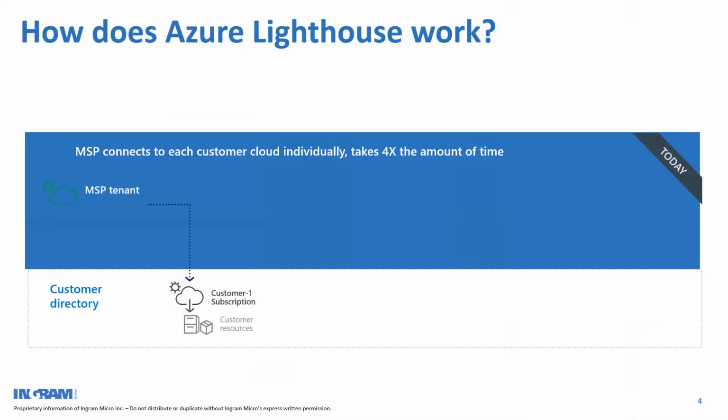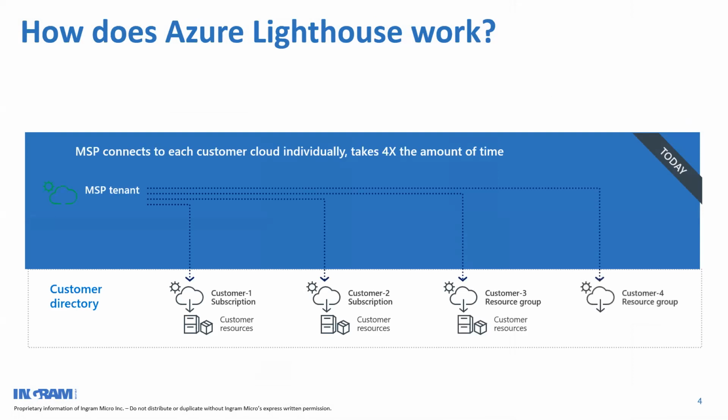So before Azure Lighthouse, how would it work? As you can see here, an MSP tenant will create an account in each and every customer subscription, right? And then that account has permission onto the customer resources. In this scenario, the MSP needs to basically have 4 accounts